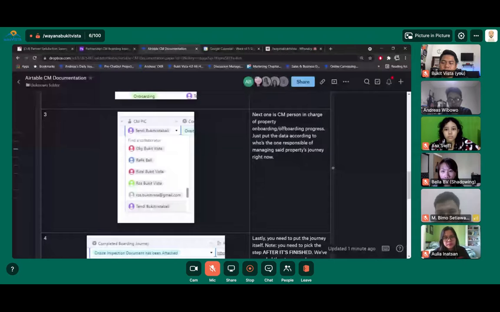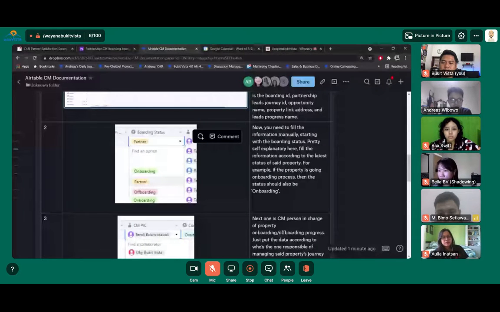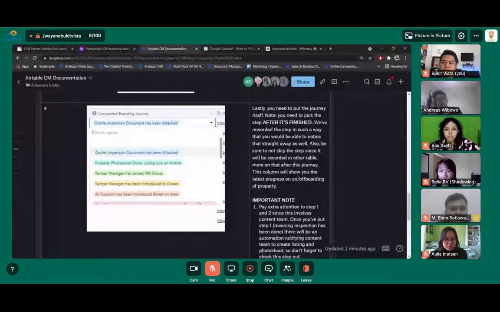After you input the boarding status and CMPIC, the next thing is the completed boarding journey. Now, this is the most important part of the CM boarding journey, and you need to pay attention to all the information I have put in the documentation. You can see the first note is that you need to pick the step after it's finished. We have worded the steps in such a way that you will be able to notice that straight away.